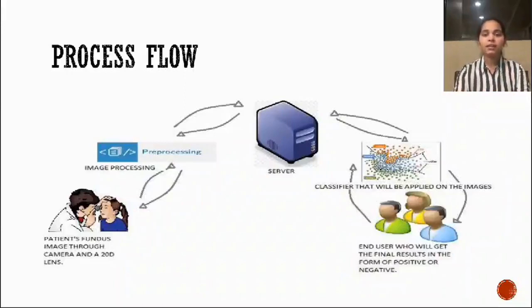Once we have gathered the data, it goes through what we call image pre-processing, where we clean the image and make sure it is ready for the analysis. The cleaned up images are now sent to the machine learning algorithms, which can predict or identify the presence of diabetic retinopathy. Instead of algorithms, we have a server term here, so bear with that.